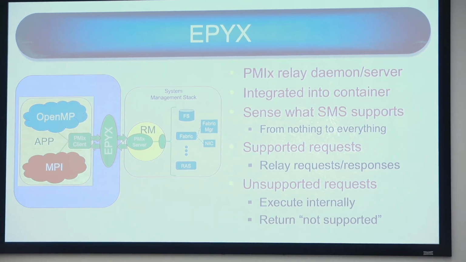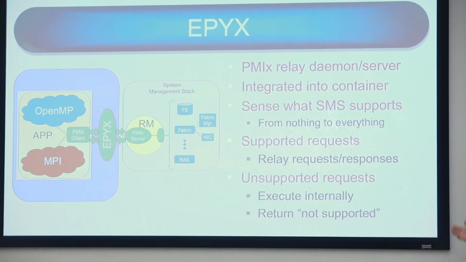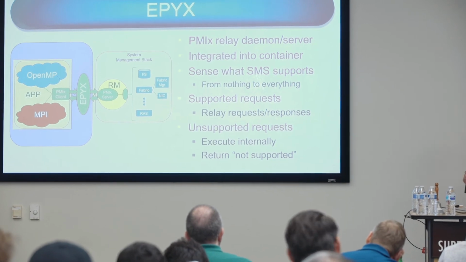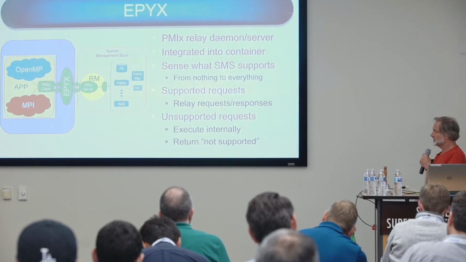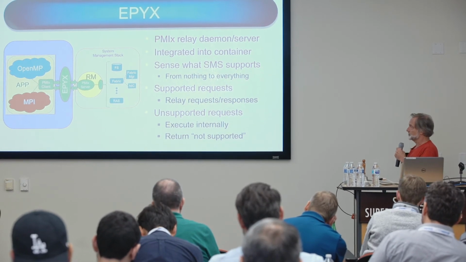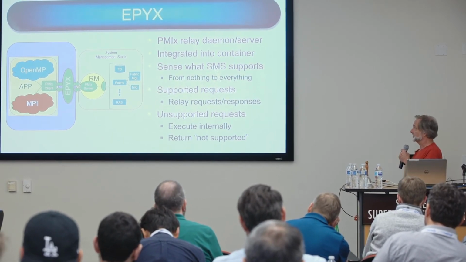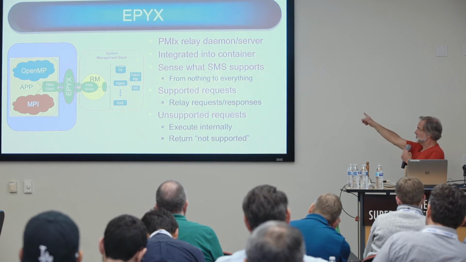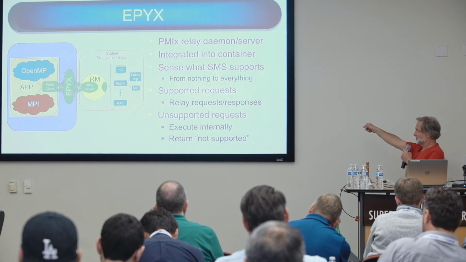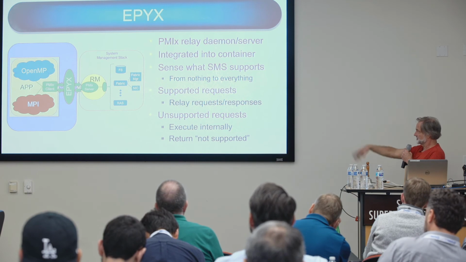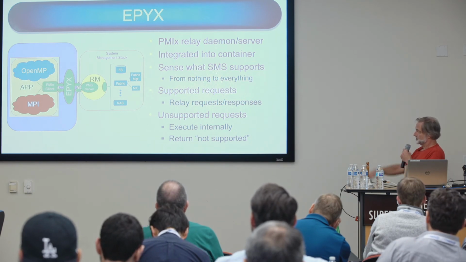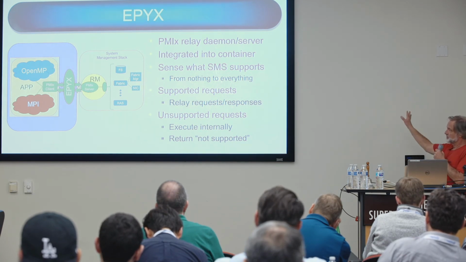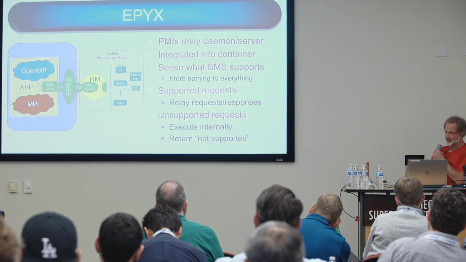If there's something we know that they don't support, then we look inside ourselves and say, is there something we do? For example, PMIx allows you to log messages. So you can log it into the job control record if you want, or you can log it into syslog or anything like that, like, I got this far kind of thing. So if you asked us to log something, even if the resource manager didn't support that particular function, well, EPIX might be able to do it for you and just does it. Otherwise, it would return not supported. So, okay, we were able to handle supported stuff. We just pass through, we discover what's out there, and then we execute whatever is left that we can.